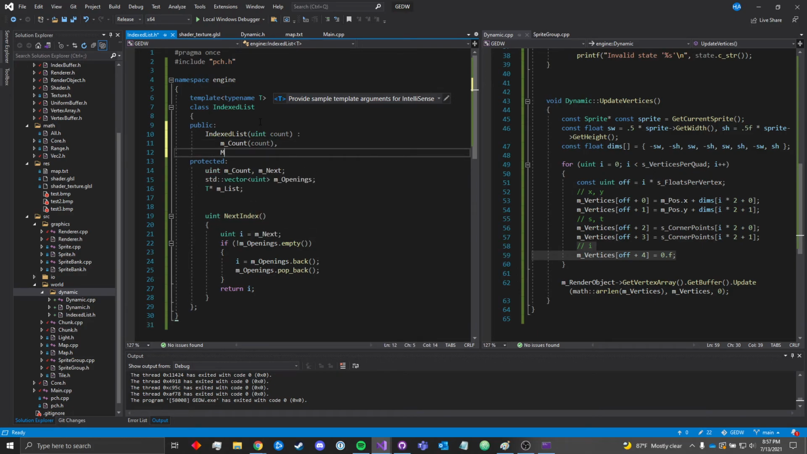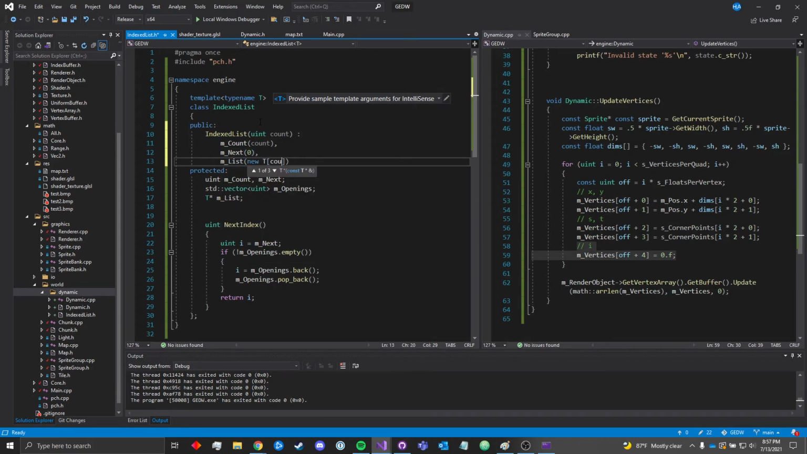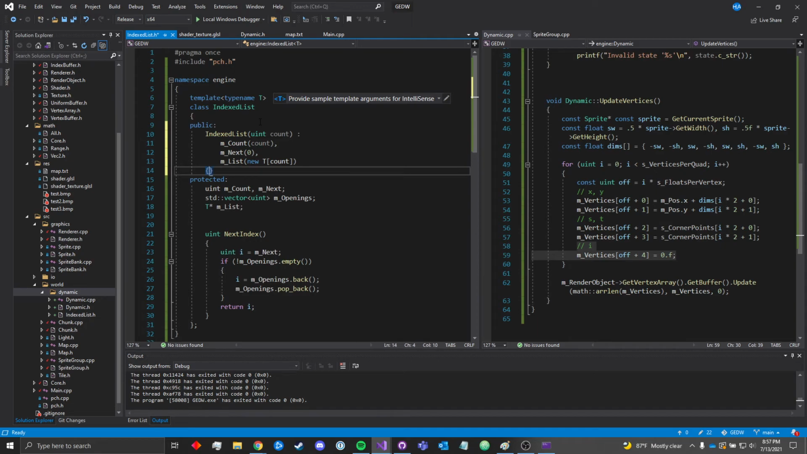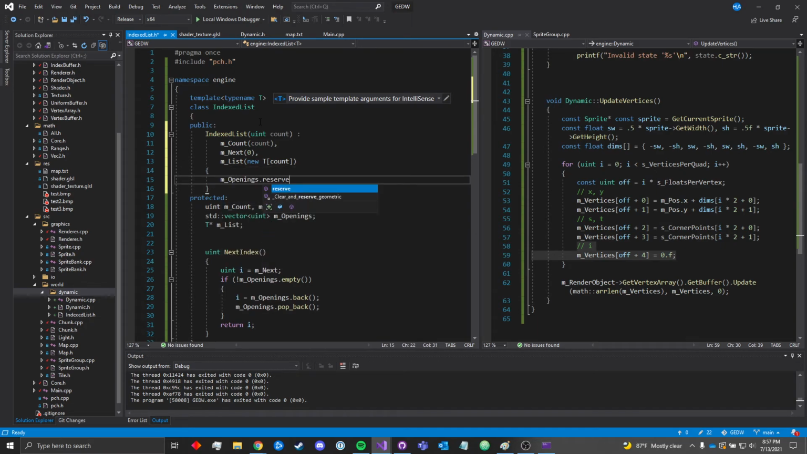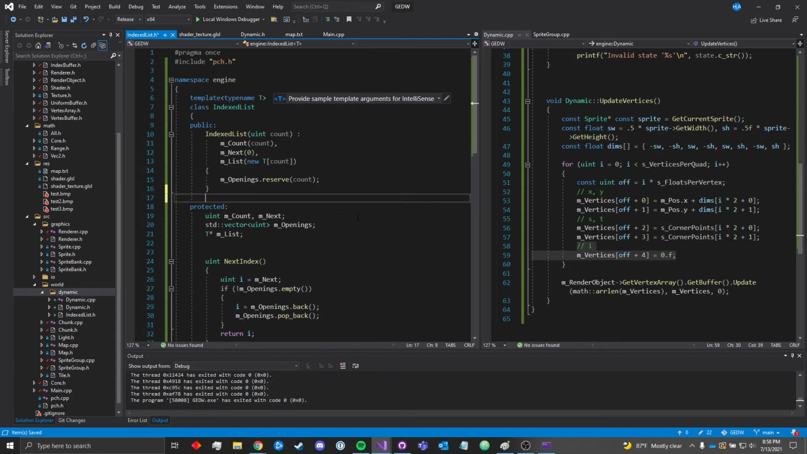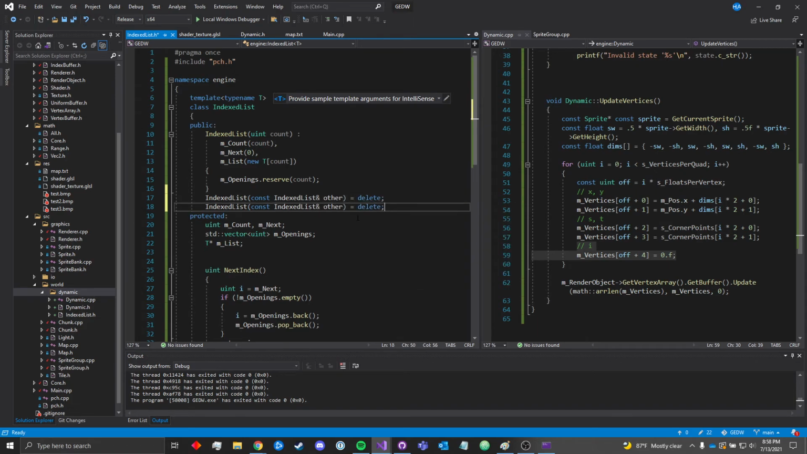So count will just be the total number of slots that we have. And then we'll go ahead and reserve that number of slots in our vector here. Just so that if we're changing stuff around a lot, if we're deleting a lot, then this doesn't have to resize and copy a bunch. We'll just reserve the maximum number of things that could possibly be added to that vector. We'll reserve all that up front, so we never have to resize. That's a minor optimization, but